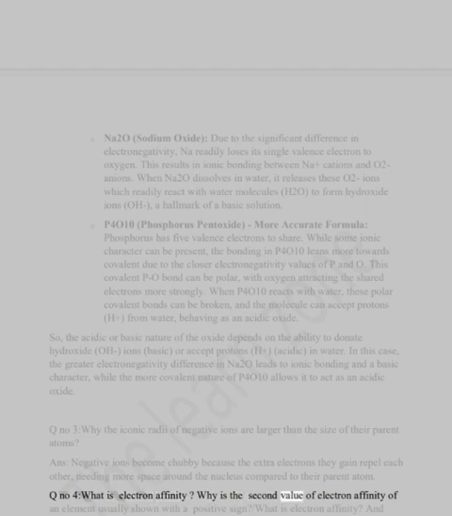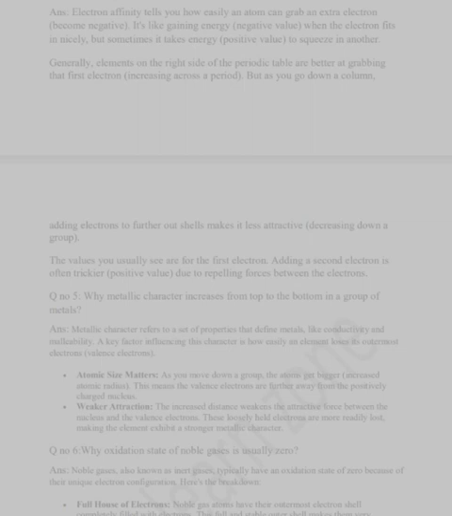Question number 4. What is electron affinity? Why is the second value of electron affinity of an element usually shown with a positive sign? What is electron affinity, and give its trend in the periodic table? Answer. Electron affinity tells you how easily an atom can grab an extra electron and become negative. It's like gaining energy, negative value, when the electron fits in nicely,